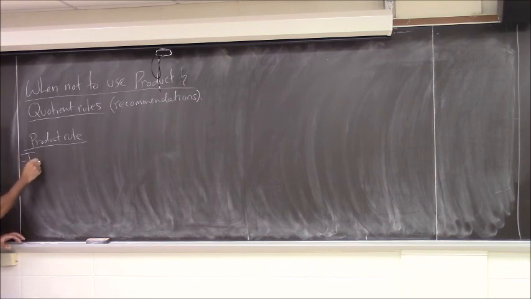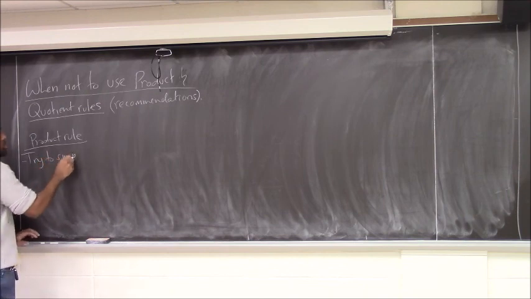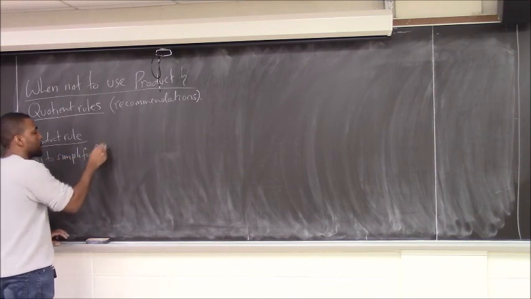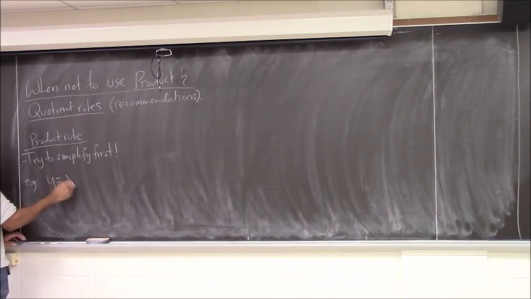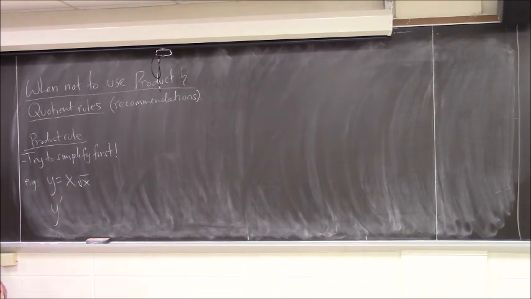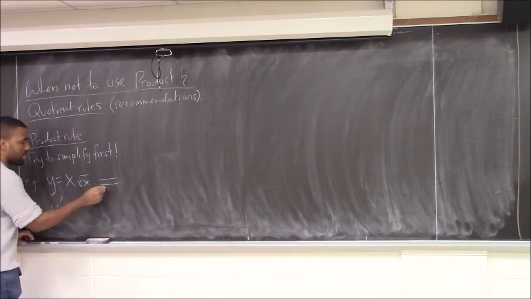Try to simplify first is the idea. So for example here, you always have to remember your algebra. You'll always need to remember your algebra for calculus. So if you see a function like x times the radical of x and you want to find the derivative, technically you could do the product rule here. That's your f, that's your g, but it's kind of going to be overkill because you'd have to do the product rule and it's split into two things and you have to make sure that you simplify properly. It would be much nicer to just simplify this guy